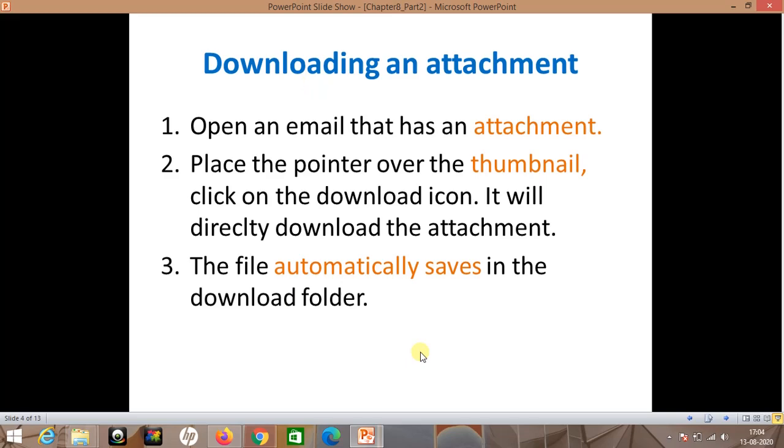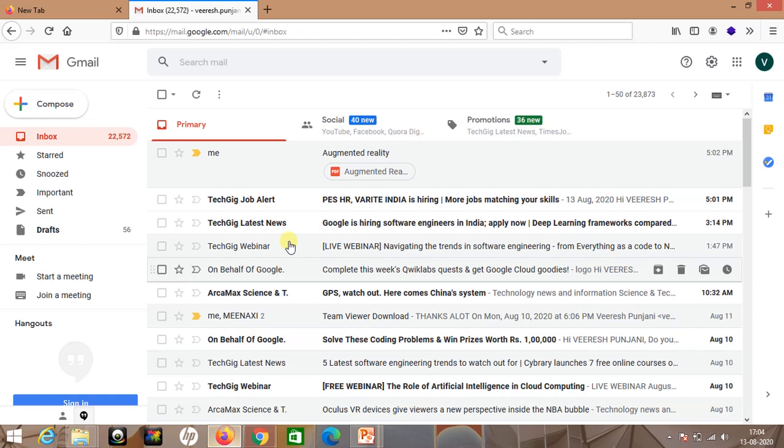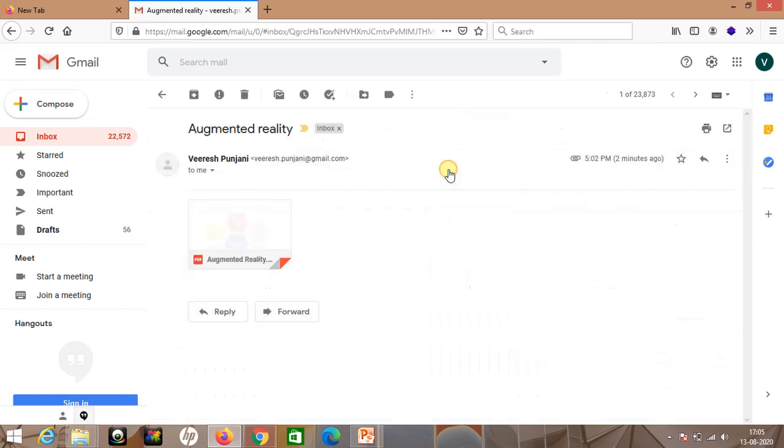Now we will download the file from an email. Here you can see a mail. We will click on it, and the mail which contains the attachment or a file will look like this. This is the file, and we will go to the download button and click on it.